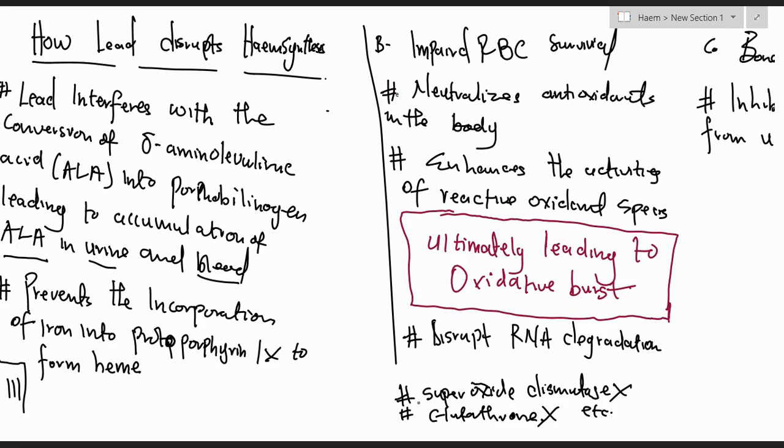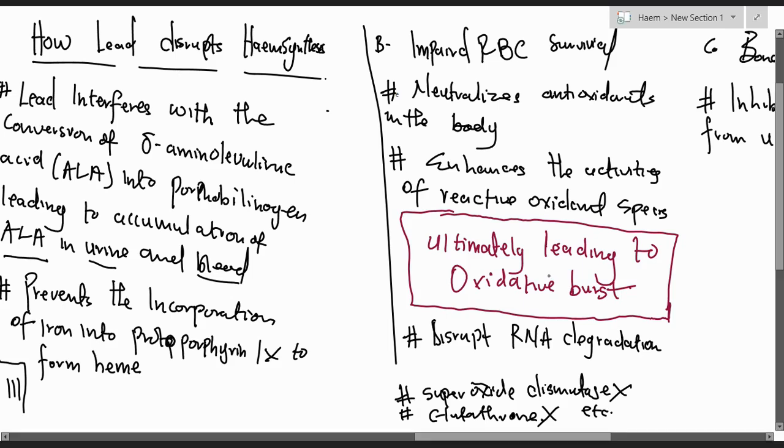And what lead does is that it increases their activities. Once the activity increases, it increases the oxidative stress on the red cells, and therefore it increases oxidative burst. So that is also another way lead causes anemia. And most of the time, lead also causes